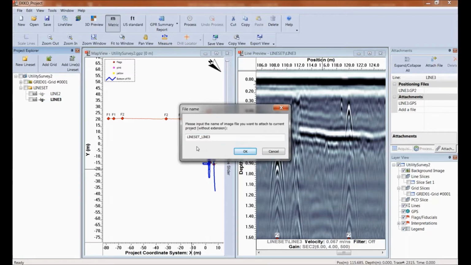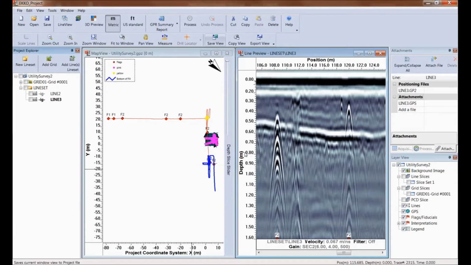It comes up with an optional name, line set, line 3. That sounds good, so I can hit OK to save it. Now that I have a couple images saved to the project, let's take a sneak peek into the GPR Summary